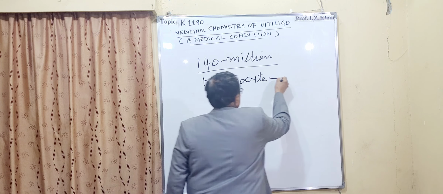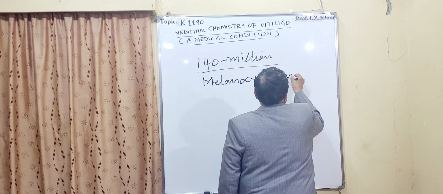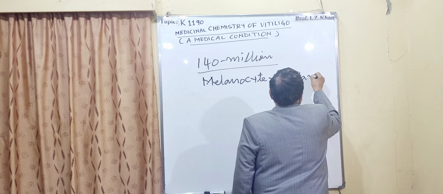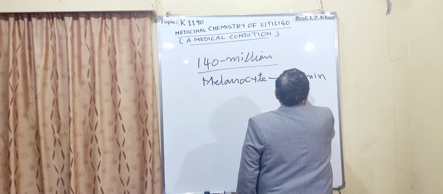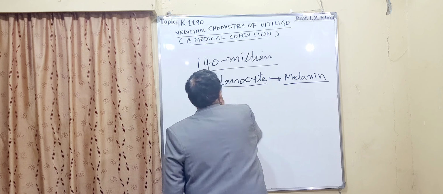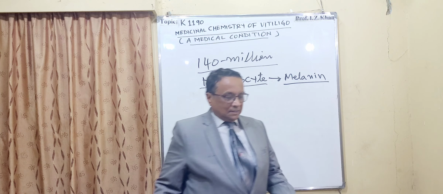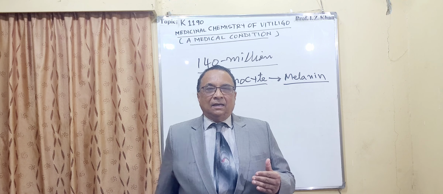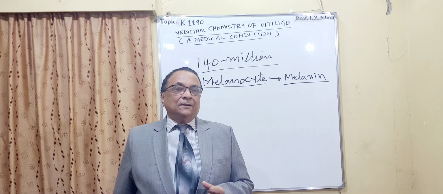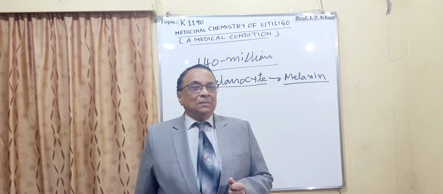This melanocyte is producing melanin. So melanocyte is the cell, and that cell is responsible for producing melanin, and that melanin is the dark color